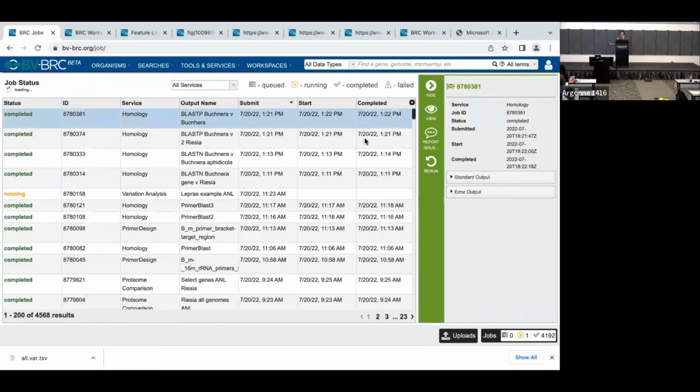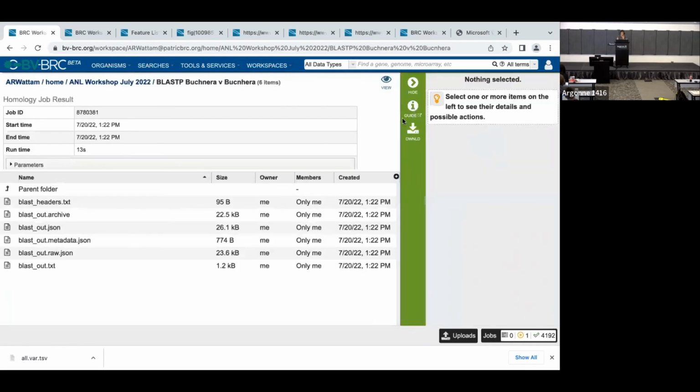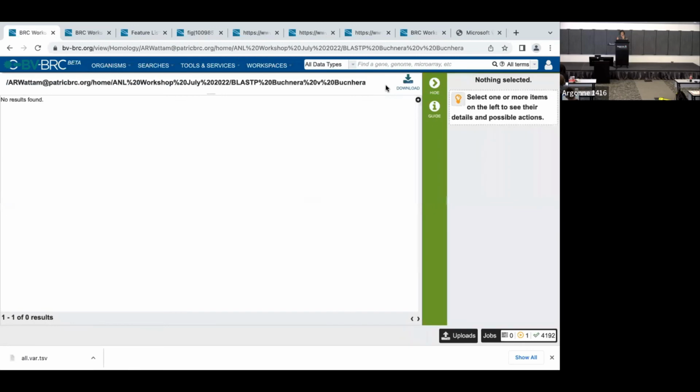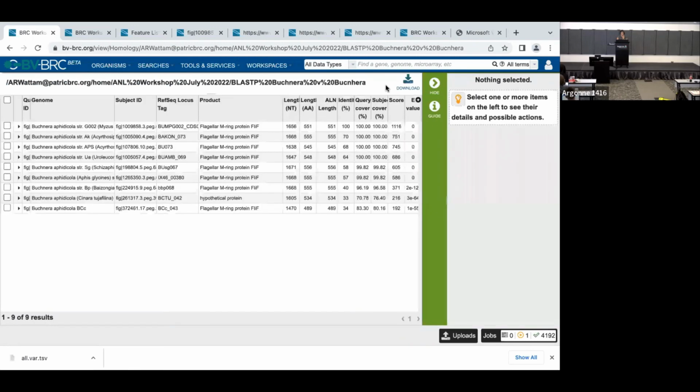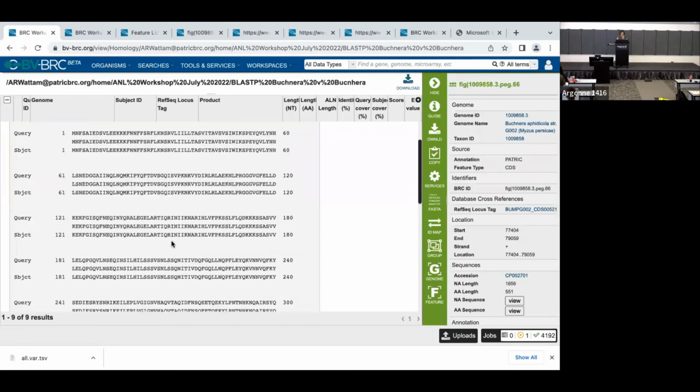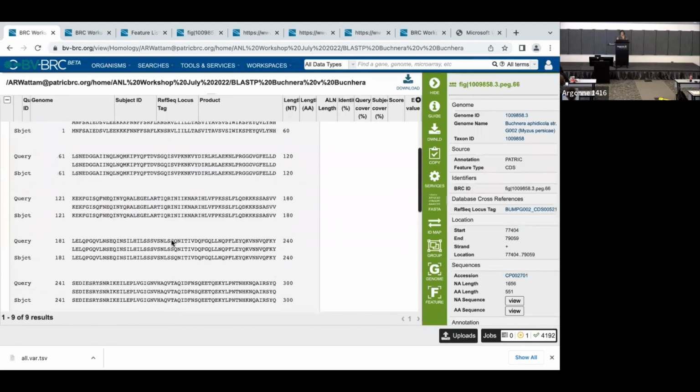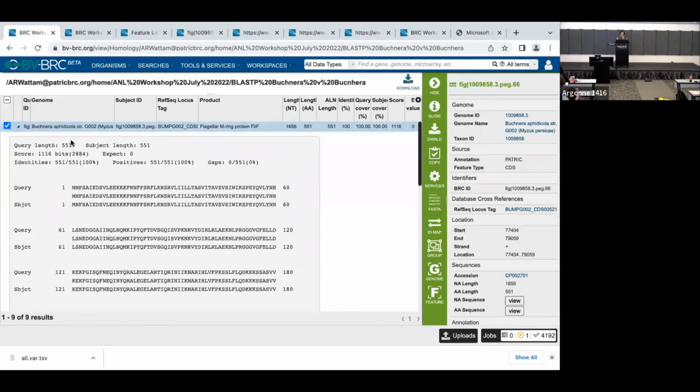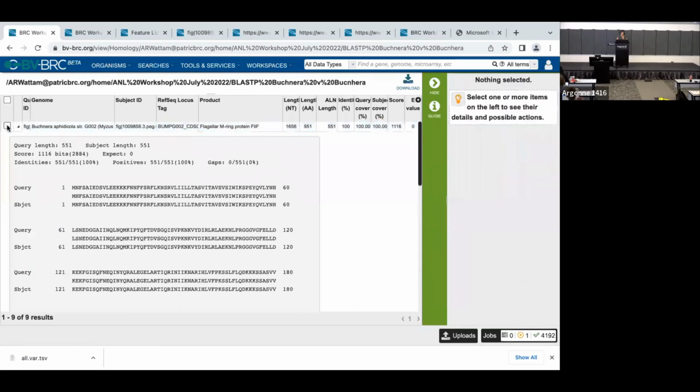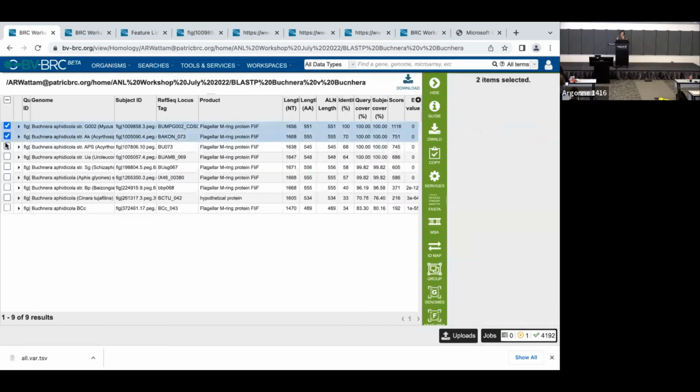Let's make sure BLAST-P is working. I always do this because I never trust anything. No results found. Oh, and there they are. And if I open them up, oh, beautiful, beautiful. Oh, but let me show you another thing. I wonder if I can do that from here. Another thing you can do, which I neglected to tell you,